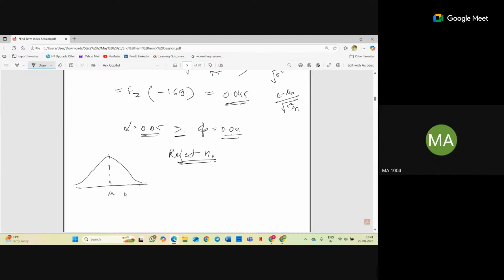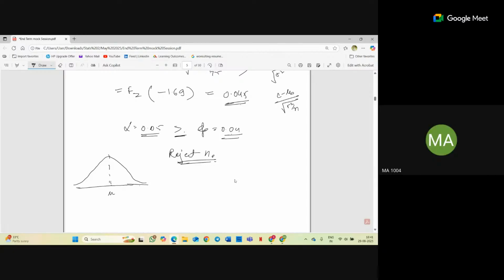Let's suppose we have the value of mean. We can directly find the value of C at 0.05 alpha level. So we will get a value, then we can compare it with C, right? Yes, exactly, that could be a method, but in the exam we don't have that much time because 2 questions are given. So they wanted us to use the method which ma'am used in this question.